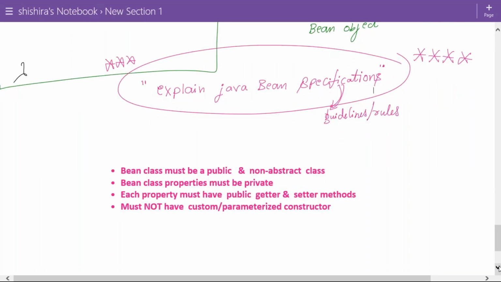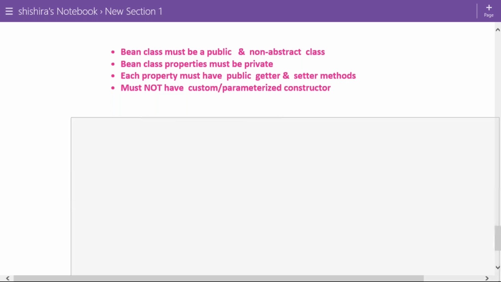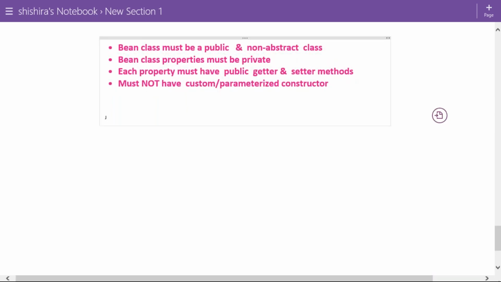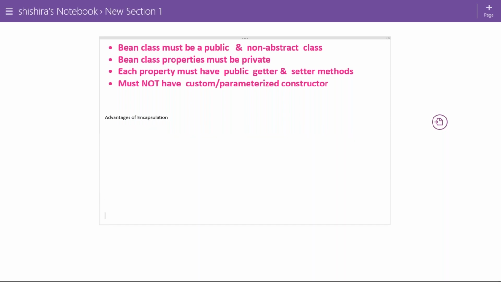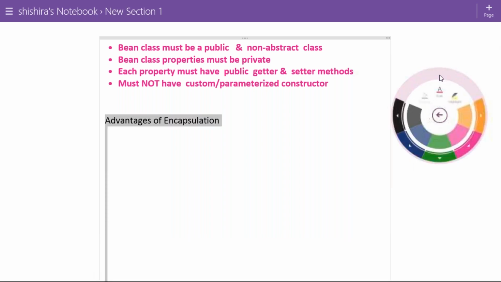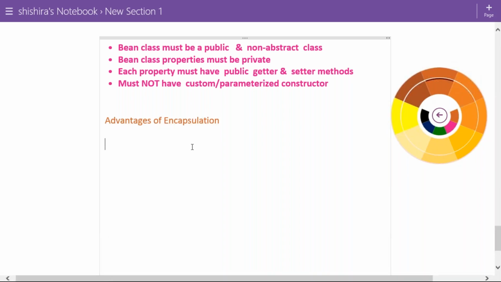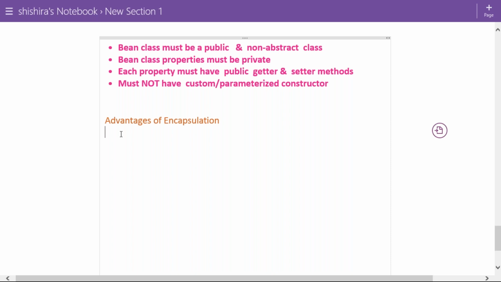Next question: what are the advantages of encapsulation? Let me write it down. Advantages of encapsulation. Now, let me write the advantages of this encapsulation. First is data protection,